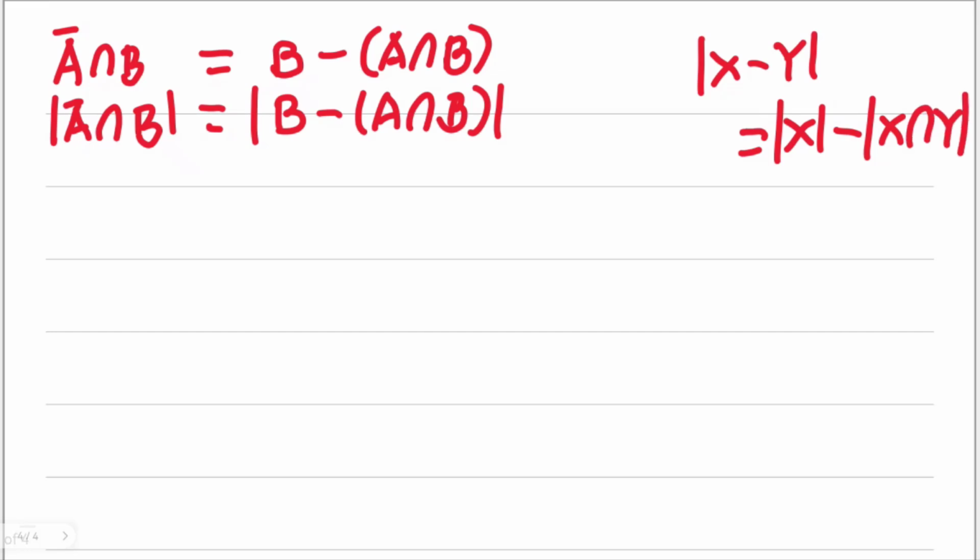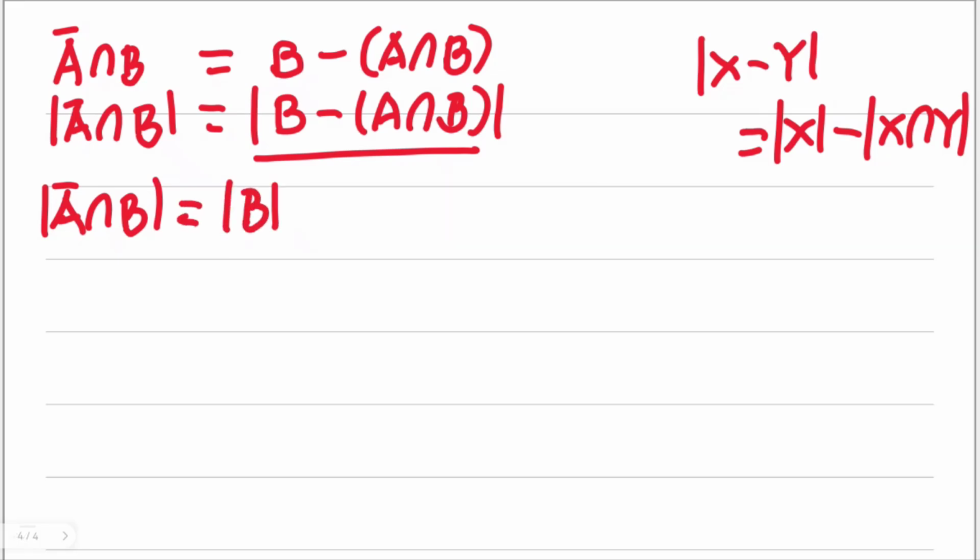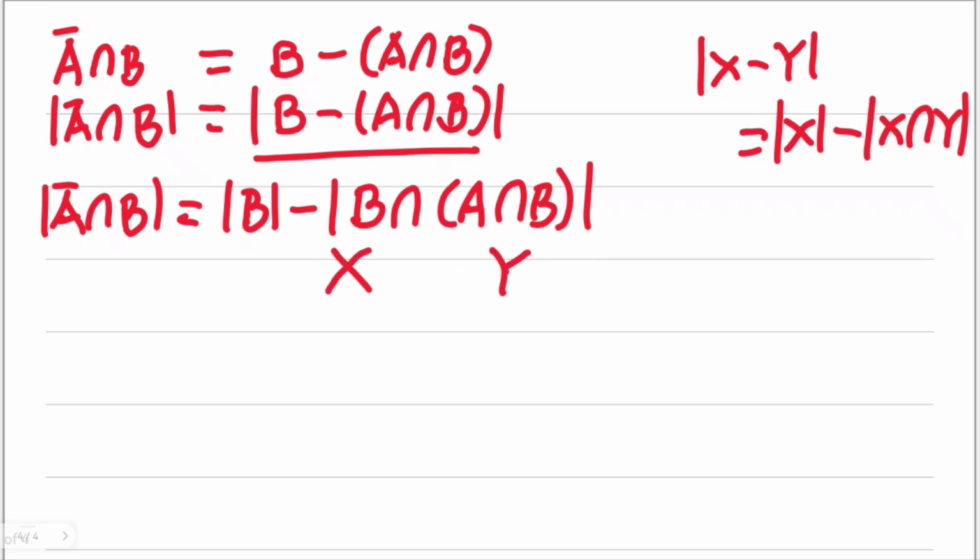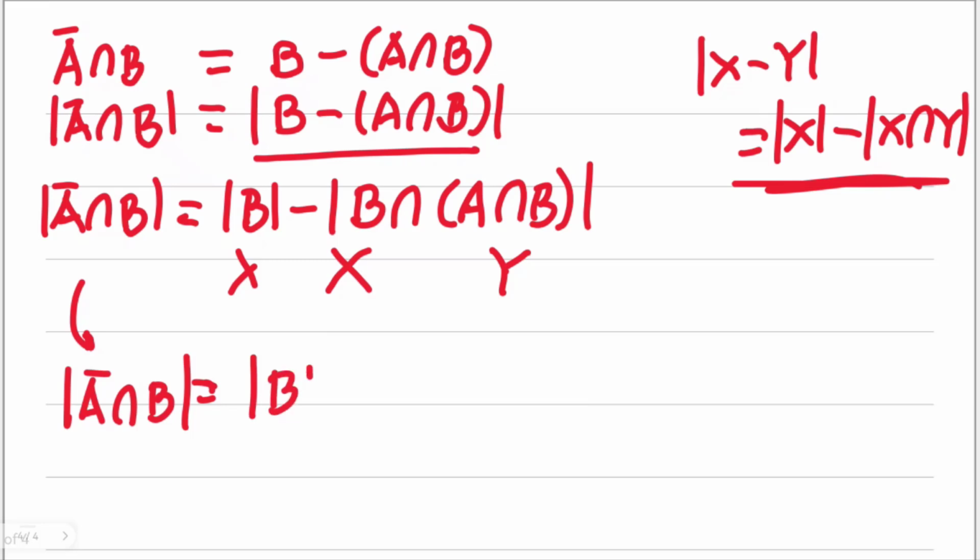y. For that alone, we can break that into, again, the cardinality of the intersection of A complement and B, which is the cardinality of B minus the cardinality of B intersection the intersection of A and B, because this is actually our x, and this is our y, and that's our x, right? Similar to that. Moving here, the cardinality of the intersection of A complement and B is still okay as is. But what do you think is the result for this portion here?